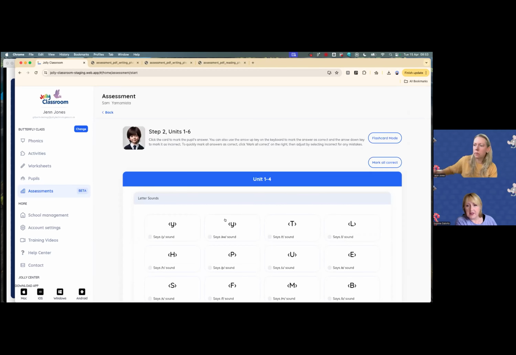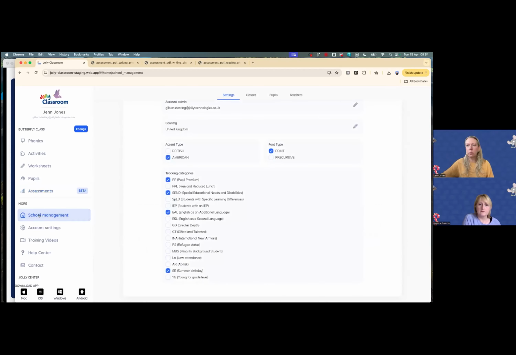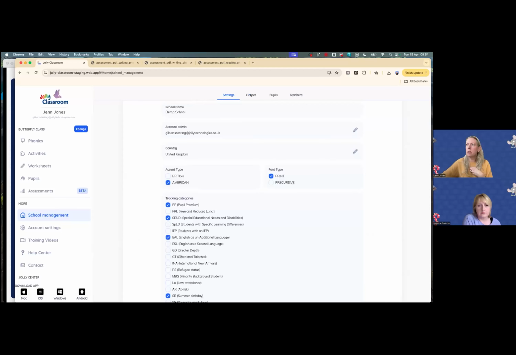There's a good question here from Blanche, which is, can this information be passed over when the child goes into a new class? That is another thing that we're looking at building so that it moves up easily. At the moment, within the school management tab, which I didn't really explain to you, this is organized by whoever the school admin is. At the moment, there's only one person that can do it, but we're going to open that up to a few more slots. So if I'm the school admin person for my school, that means that I have the ability to